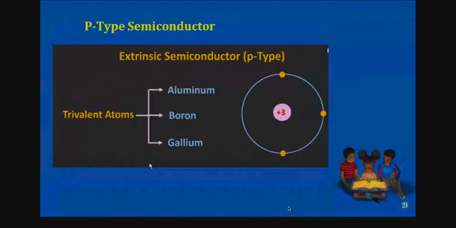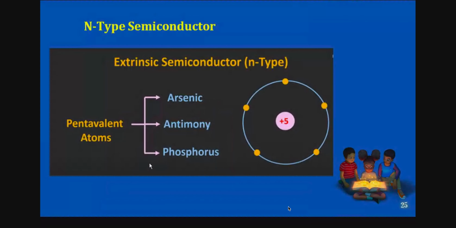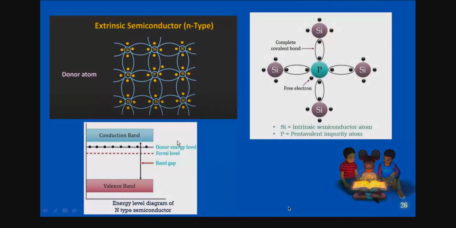Now let us continue with the previous one. As usual, you can see the energy level diagram of the n-type semiconductor here. This is the donor energy level, which is exactly at the bottom level of the conduction band. You can see the dotted ones, which are called free electrons. These are the electrons free in the crystal. They first completely fill the donor energy level. Below that you can see the Fermi level, right?